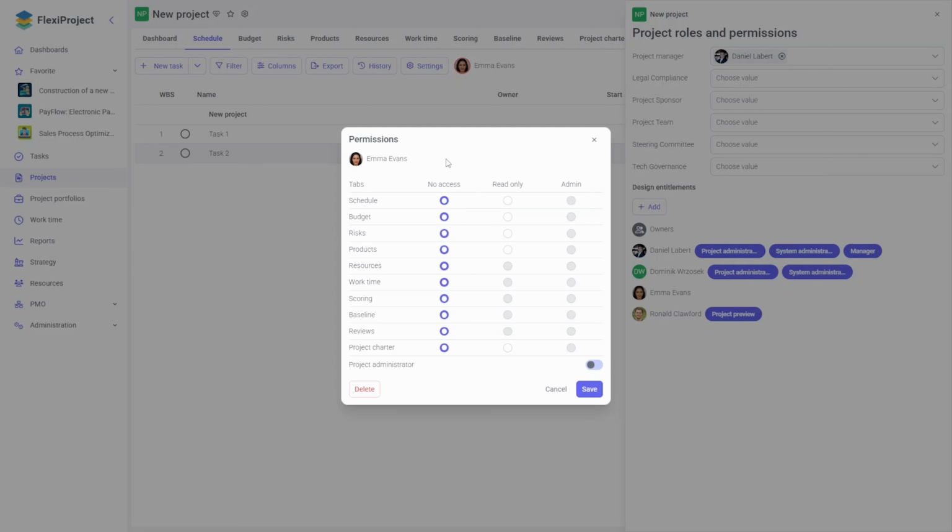Emma has access to the standard license, so I can modify within quite a limited range for now. For users with a full license, I would have full control over which permissions the person should have. Let's say I want to enable access for Emma to the schedule, budget, risks, and products. Emma will not have access to other more managerial elements in my system because she is limited by the license